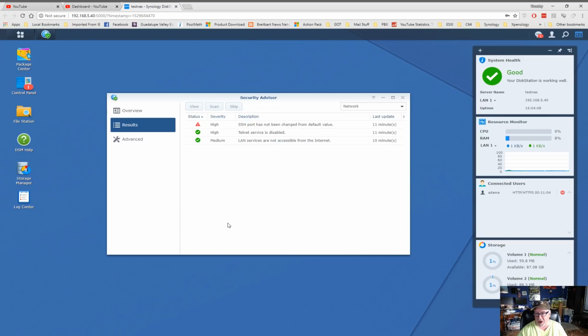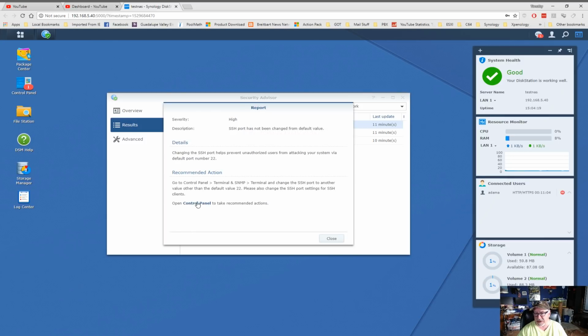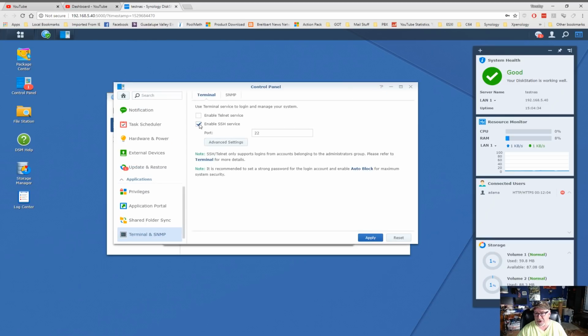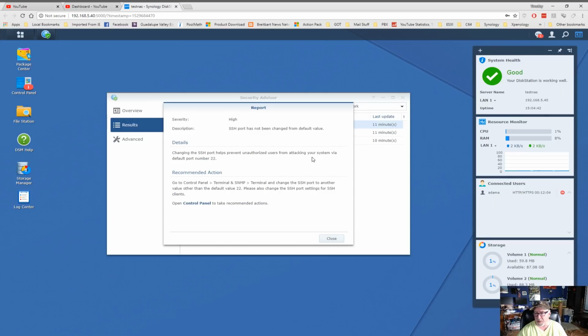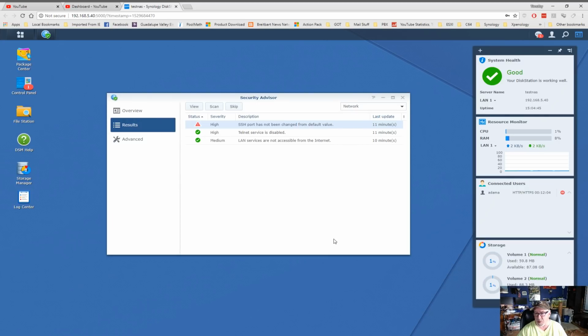So if we click on network here, we'll see that the SSH port has not been changed from default value. Now, the beauty is if I double click on that, it'll tell me step by step what to do. And it says, go to Control Panel, Terminal and SNMP, and change the SSH port to another value other than default 22. So if we open Control Panel, I'm going to disable SSH and I'm going to apply that. I only need SSH enabled on that if I'm going to do a PuTTY terminal session and go into it. So I just went ahead and